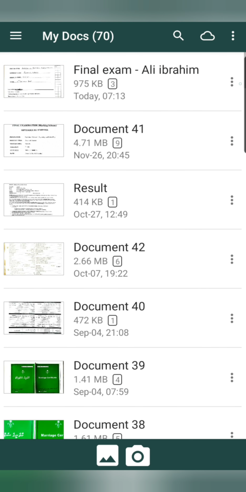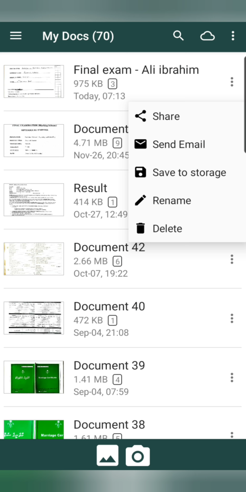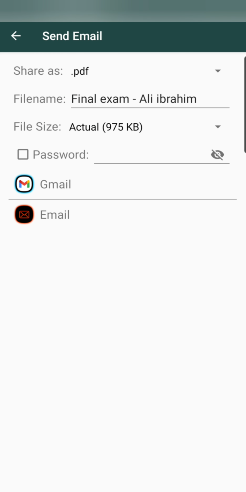Or if you have scanned the document from your mobile phone and you want to upload it to the portal link from your laptop, you can select these 3 dots and the options will come, and you can select send email, and you can send it to a mail that is logged in on your laptop. Download the file and you can upload it to your portal link.